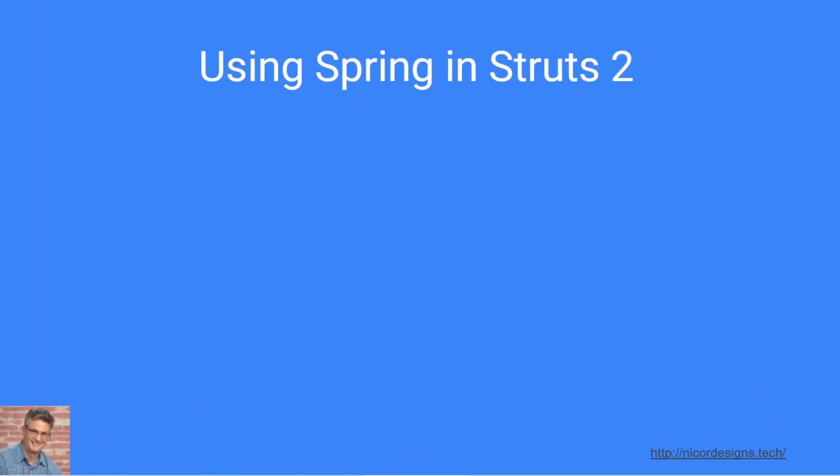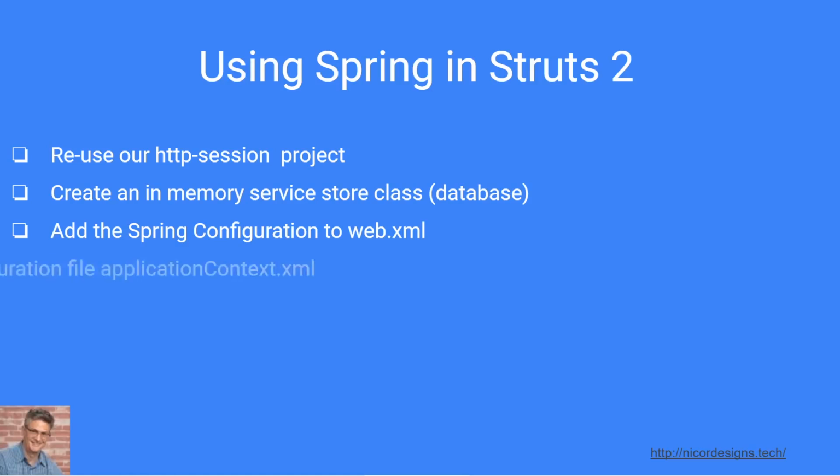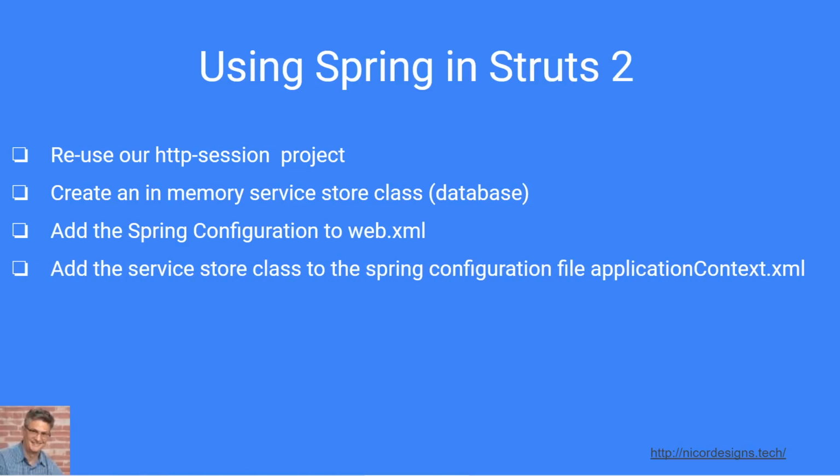These are the steps we will follow. First, we will reuse our HTTP session project. Then we will create an in-memory service store class, basically an in-memory database class. We will add the Spring configuration elements to our web.xml. We will add the service store class to the Spring configuration file, which we're going to call